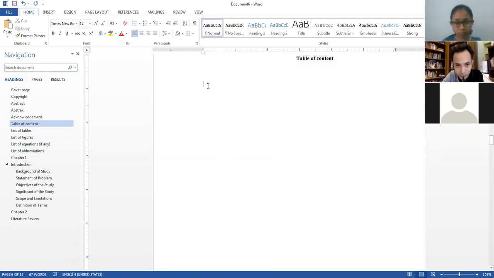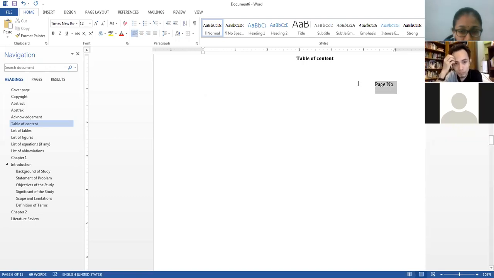But when you already set up your navigation pane, and now you want to insert your page number, you just type. Now you just choose the paragraph here, choose right side, then you type page number. This one.